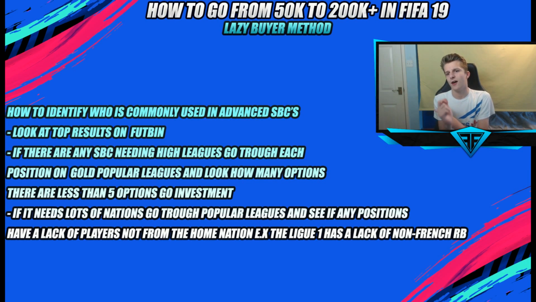Now if you remember, Argentina was used very heavily, Brazil was used very heavily, Spain was used very heavily, I think even Serbia was used a fair bit, but it was mainly Argentina. Now, these are where you need to identify what's going to be needed for the SBC. If you look at Argentinian rare right-backs, you've literally got Zabaleta and a guy from the Argentinian league. Therefore, Zabaleta is your only other option, because obviously an Argentinian from the Argentinian league is extremely mainstream,